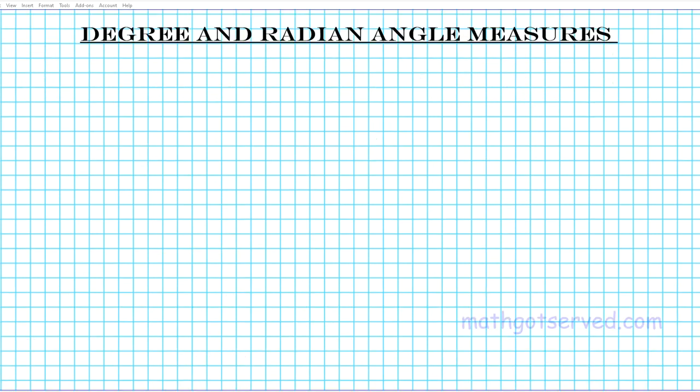Alright, to get us started, we're going to take a look at the definition of what angles are. So let's go ahead and write this down. How can we define angles? The definition of angles is as follows. You can define an angle as the inclination